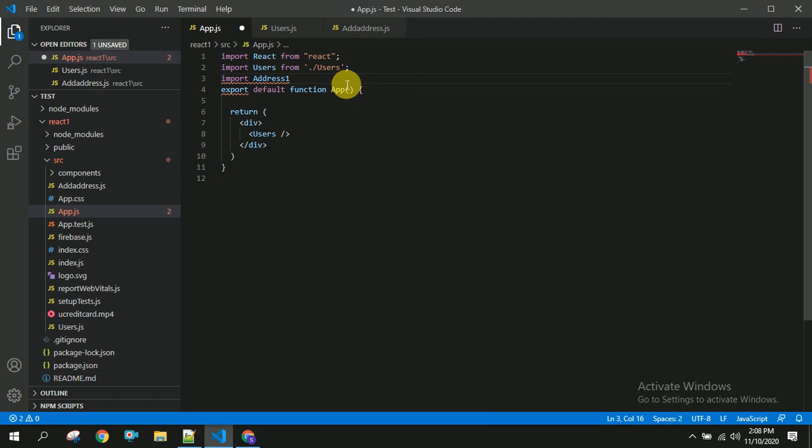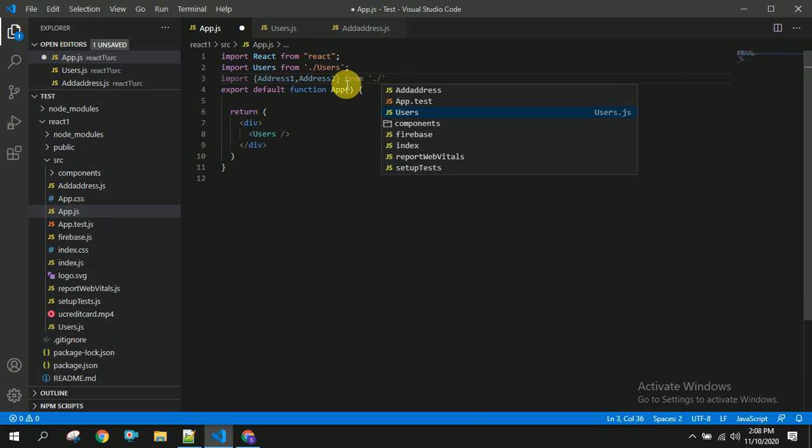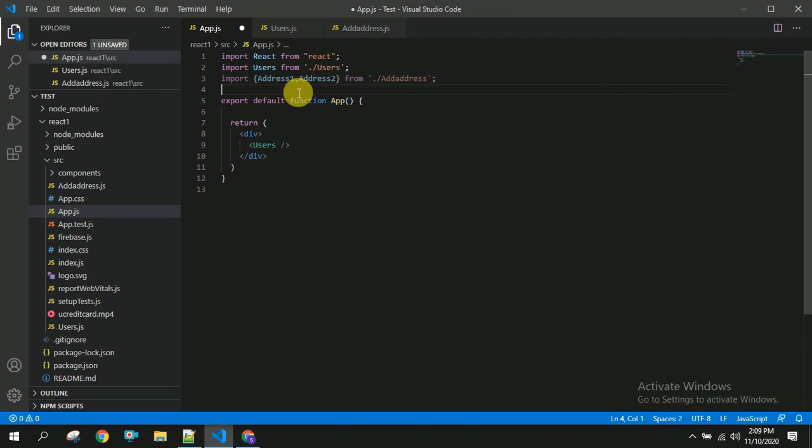now if I want to import the named export, then you have to use it in curly braces. If you don't use the curly braces, then you will end up with some errors.